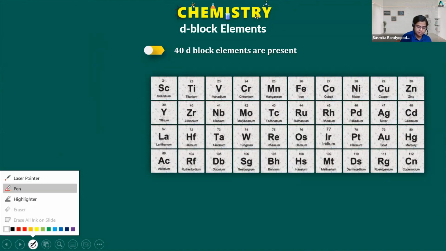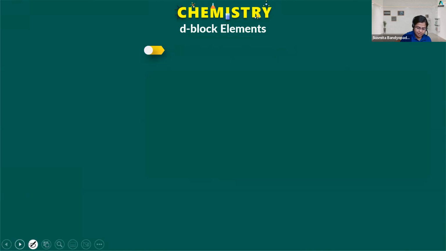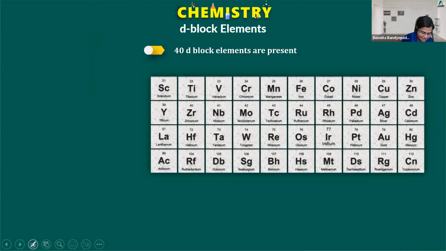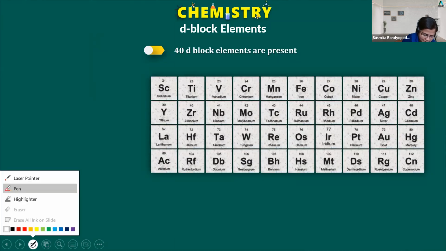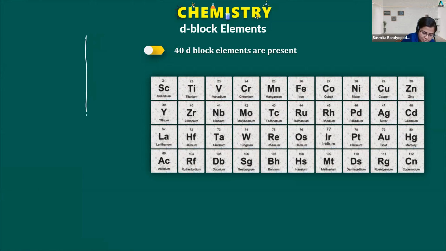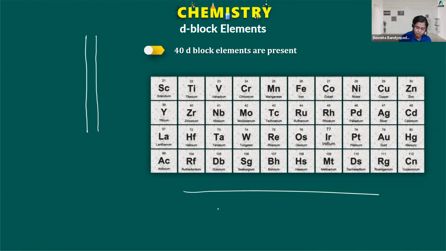Then the periodic table would look very weird, very uneven. For that reason, those 14 friends of lanthanum, starting from cerium to lutetium,